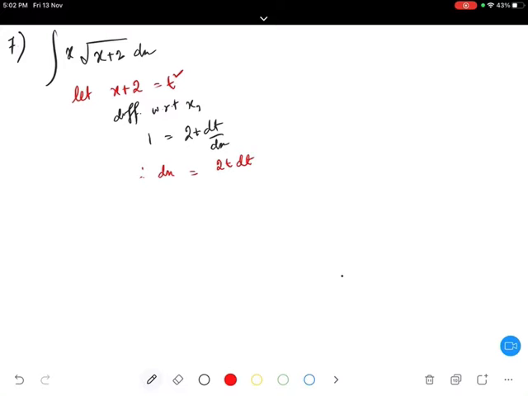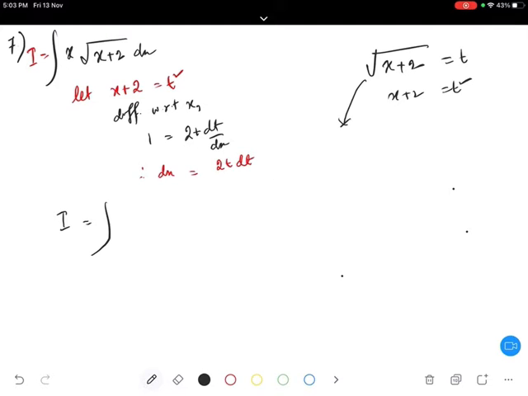Now let us have I. So let's write I in here. I is equal to integration of, yes, basically, it's like this. Root over x plus 2 is equal to t. Now you take the square root that side, so x plus 2 is equal to t square. That's it.